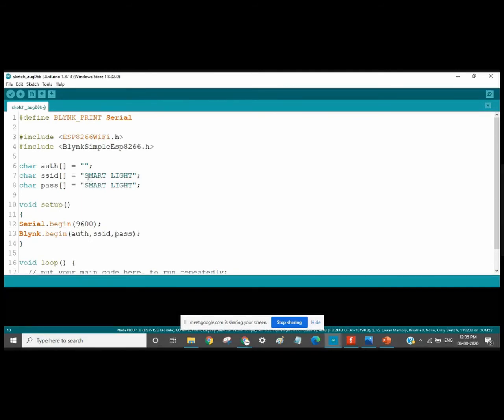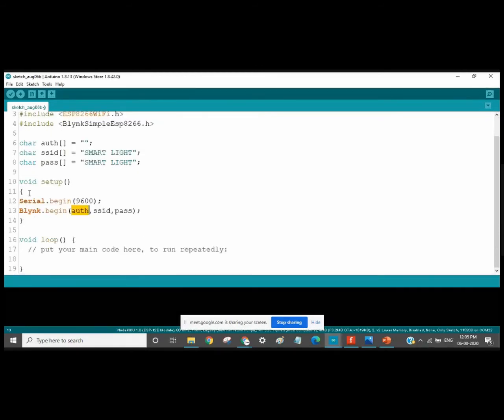Alternatively, you can directly write your Smart Light here and password here, authentication here, or else you can define it above. If you are not defining it at that place, you can directly write it here. If you are defining it, then you have to give the names where it has been defined. That's it for the setup part.